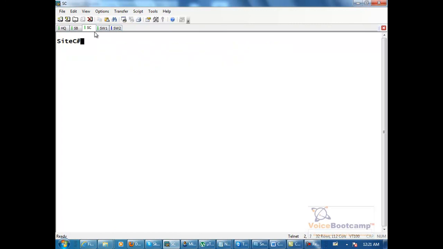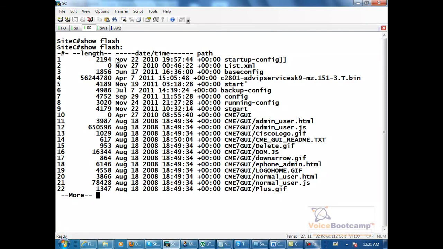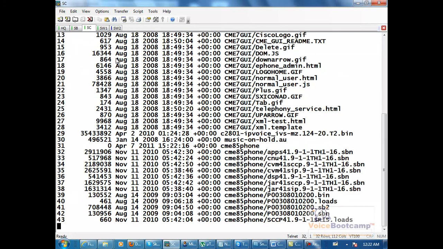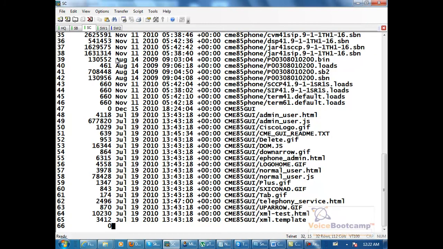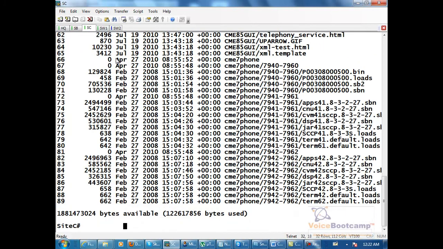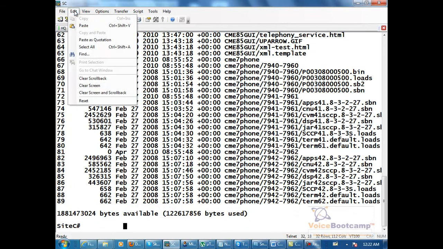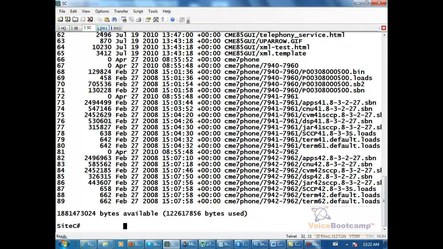On site C, in order to create a static mapping, I must create a template, a file with a certain format. The problem is, if I don't remember the format and the file doesn't exist in the flash, then I will have a difficult time in the exam to either memorize the format or try to figure out where it is located. So what the best way I suggest is, because you notice there is no text file for the DHCP,